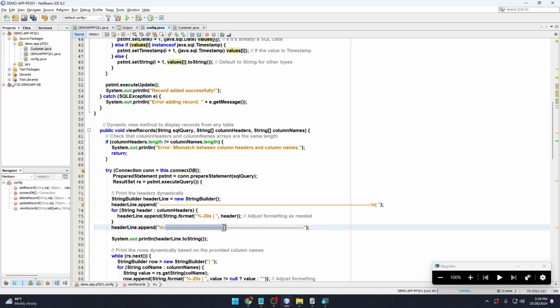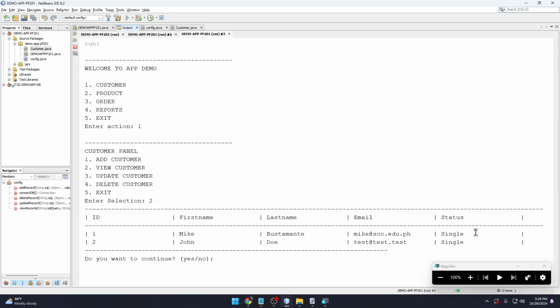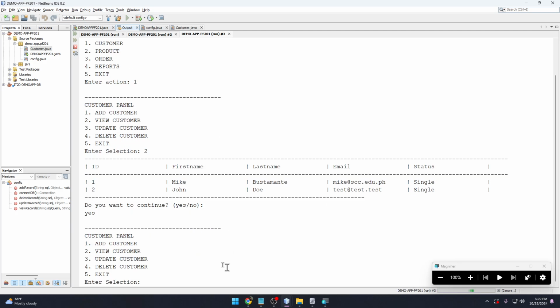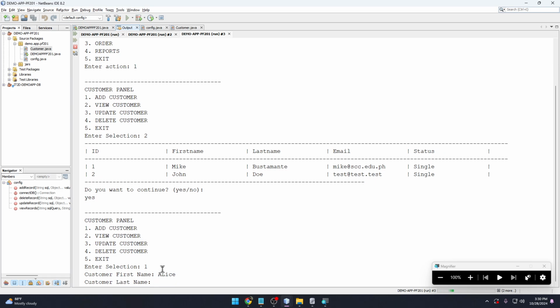I'll just remove this and then paste. Now, for the customer, view customer, makeover na siya tanan. So do you want to continue? Yes, I want to continue. So mubalik ra sad siya sa pag-view. Mag-add tagbalik, let's add another sample, let's say Alice Go